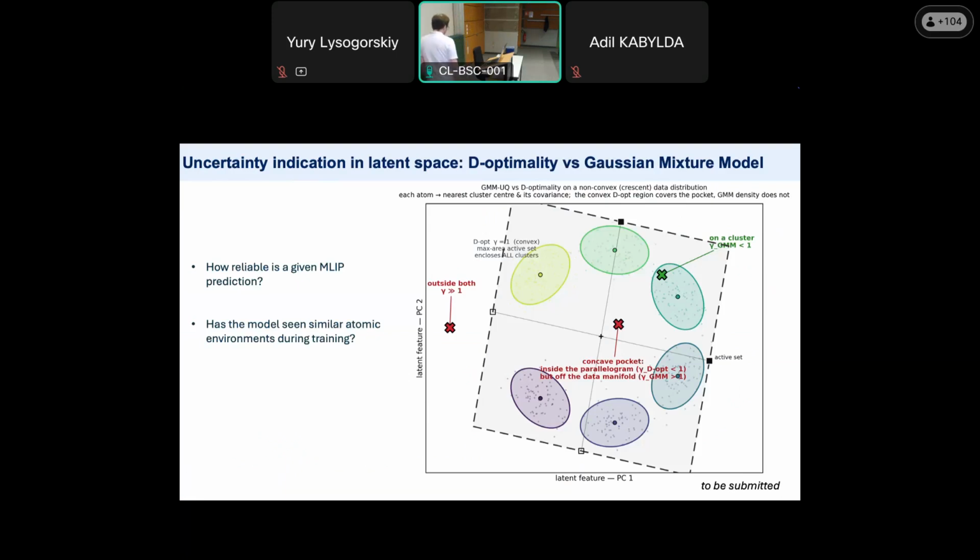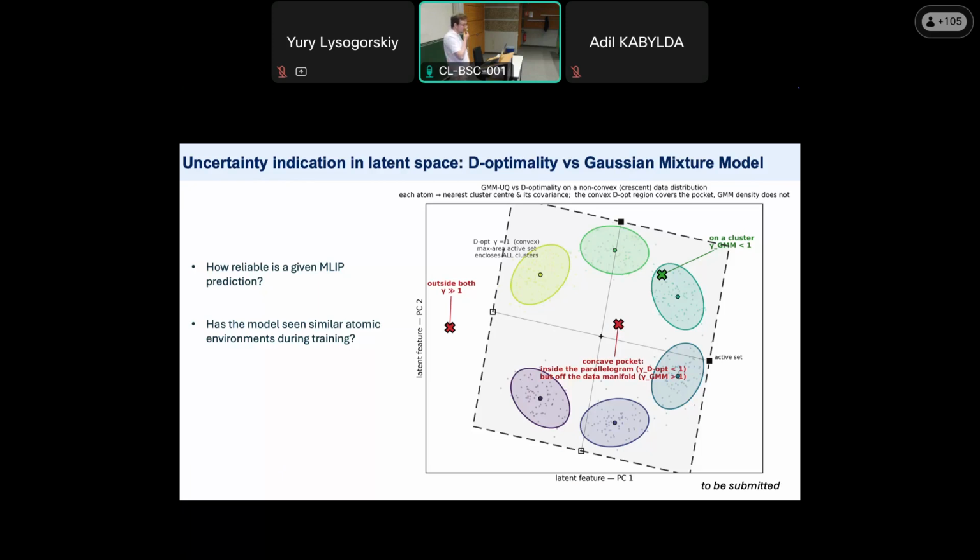Here I have to mention that even in the original ACE and PACE models, where we have mildly nonlinear models, we use the so-called D-optimality or Maxvol approach to indicate uncertainty. By uncertainty here, we mean that we work with latent space. In some cases, just pure ACE basis functions that are formally complete. In Grace models, it will be some projected basis functions, so projected features from the basis functions. But we work with some latent representations.